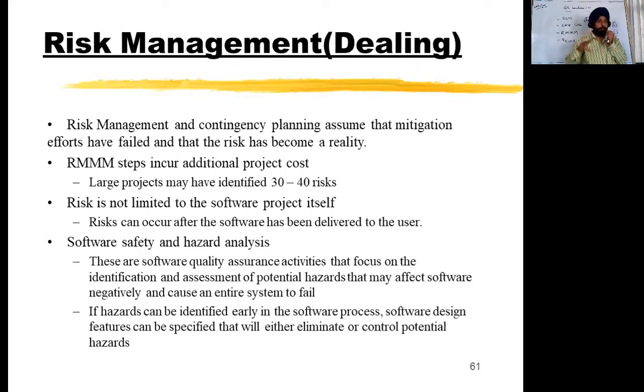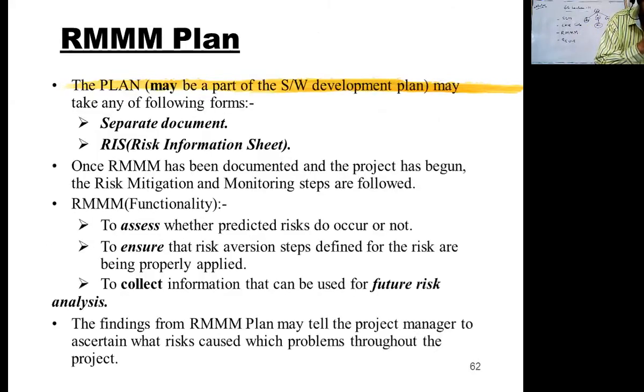Second is what is monitoring, who does the monitoring. So you have to quote some example, and after quoting the example, you have to give some strategy also for that particular thing, either it is a mitigation, a monitoring, or a management. This thing I leave up to you. You have to give different types of examples, but you have to understand the difference between the three things. So what is the proper RMMM plan?